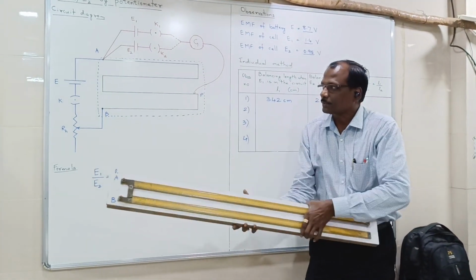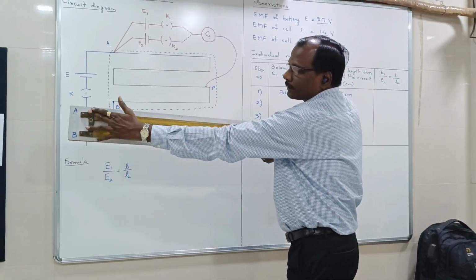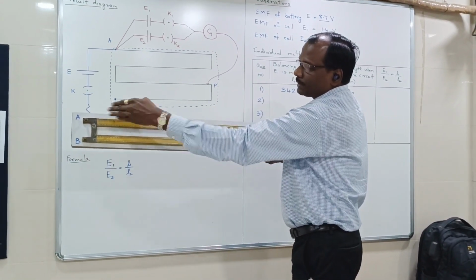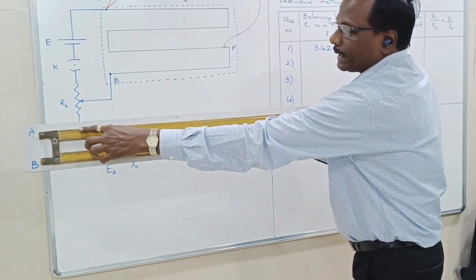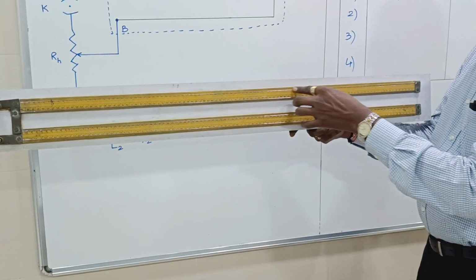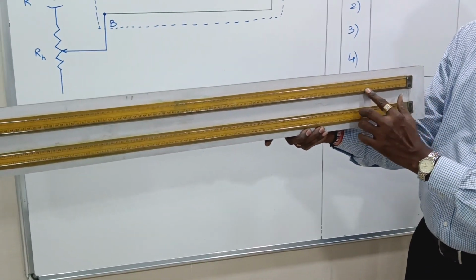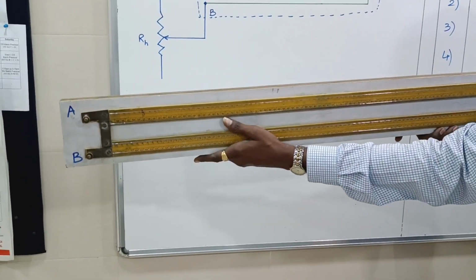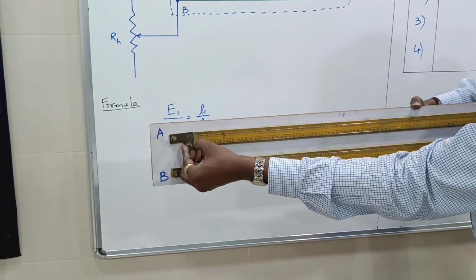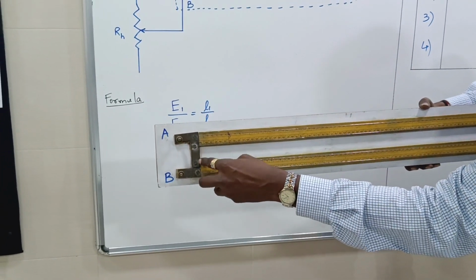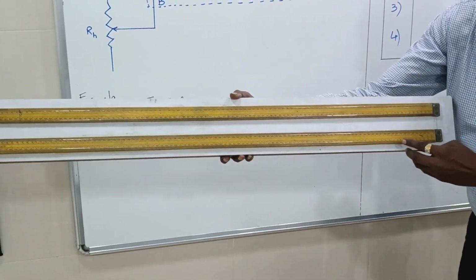Now I will show you this potentiometer. The actual potentiometer is this one. This is your terminal A and terminal B. Between these two terminals, the wires are given. Wires move from A, where it is further connected. Then another wire of 100 centimeter goes further. It moves here. These two are not connected to each other, there is a gap in between here. Their wires are internally connected here. Then the third wire is connected further.